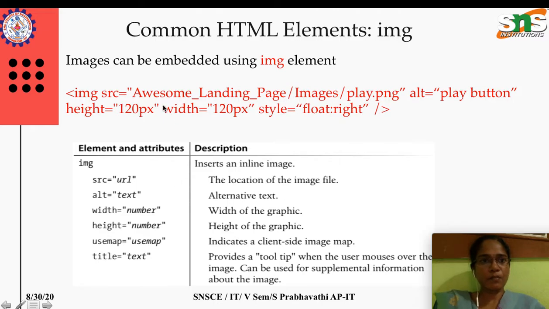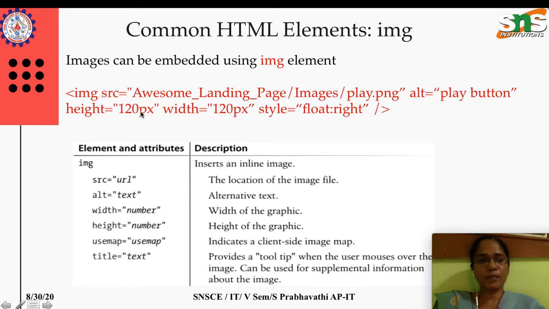And in detail about the image element with some more attributes. In the previous section we have seen about image containing two attributes, source and the alternate. Alternate is nothing but to display this content in case the browser is not able to render this image. And apart from that attribute, we can mention the image height, width in terms of pixels.